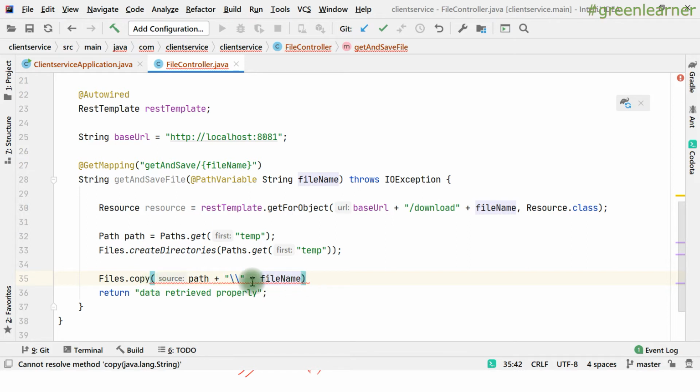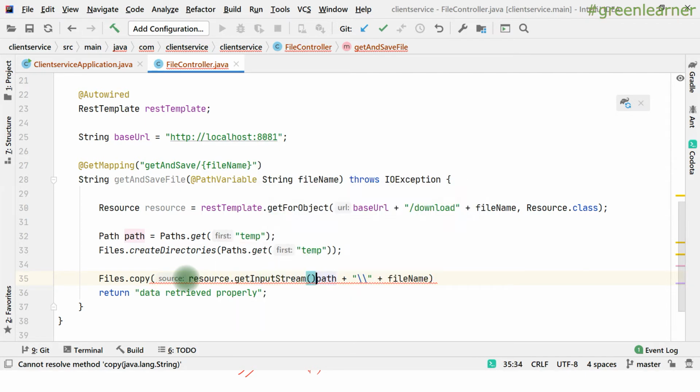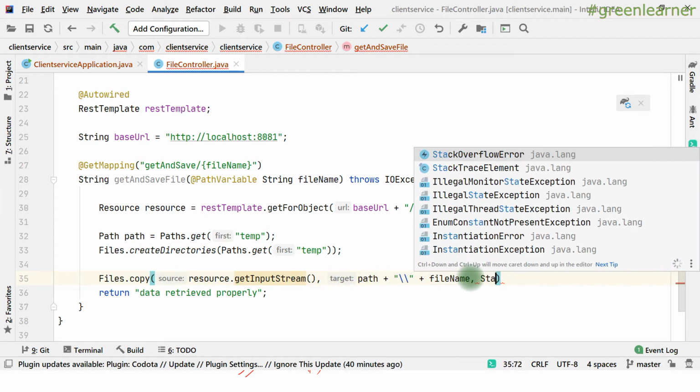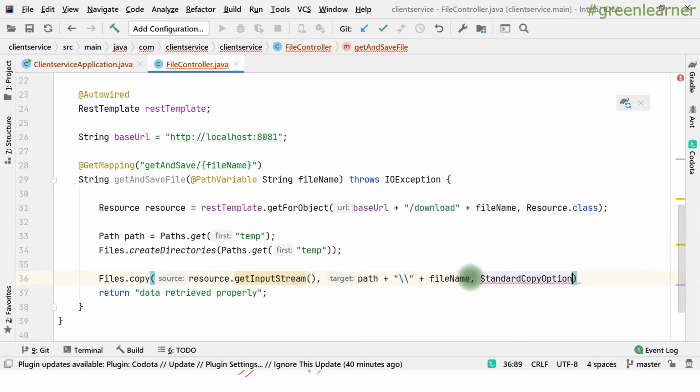So files dot copy, it is the source. So the first argument will be here, this resource dot get input stream, and this is the source and this is the target. So this is what you want to copy and this is where you want to copy it, right? And the third thing that you want, the copy option, right? Standard copy, replace.